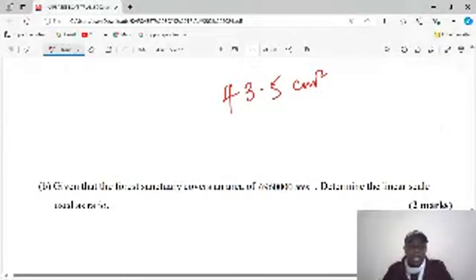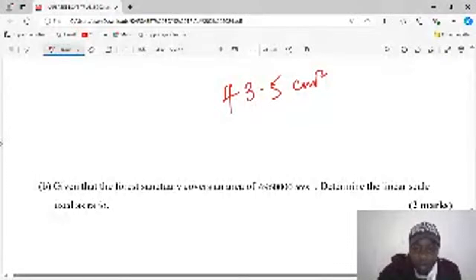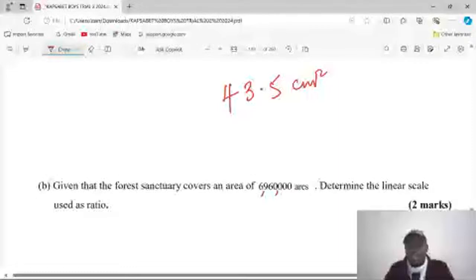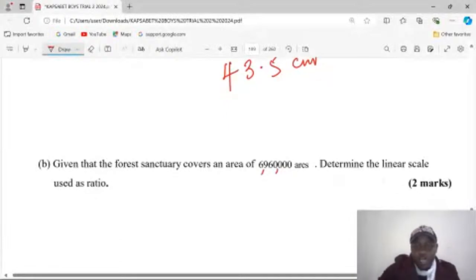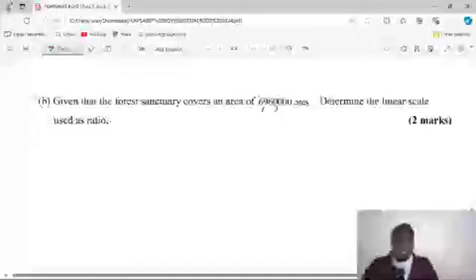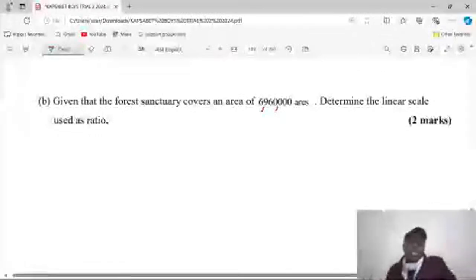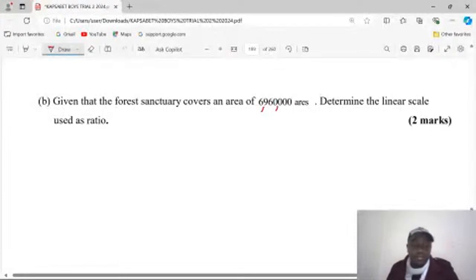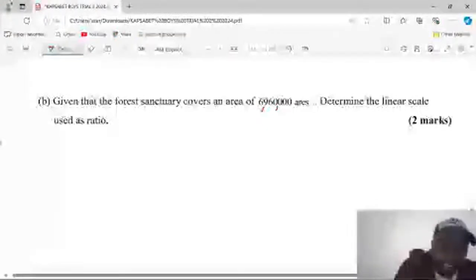Given that the forest sanctuary covers an area of 6,960,000 square meters, determine the linear scale used. It's good for you to know that in such a scenario, for us to get the scale, we need to get the areas in the same units. We should know that